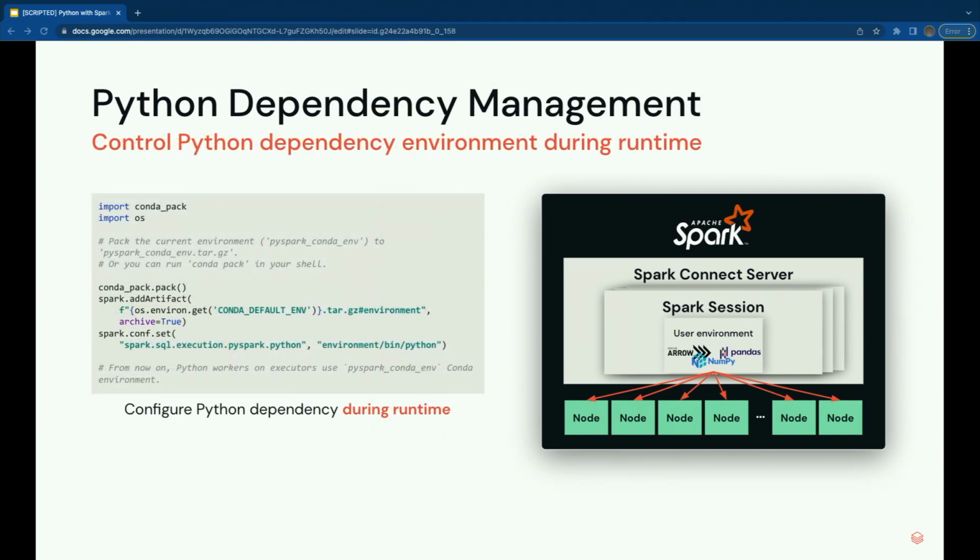Another enhancement in Spark Connect is support for dynamic dependency management. This feature is particularly important and beneficial during the development of workloads, where the dependencies might need to be adjusted frequently. For instance, a developer might want to test the impact of using a different version of a specific library. To utilize this feature, the user can simply package the new environment and specify it via Spark's runtime configuration. During runtime, the dependency